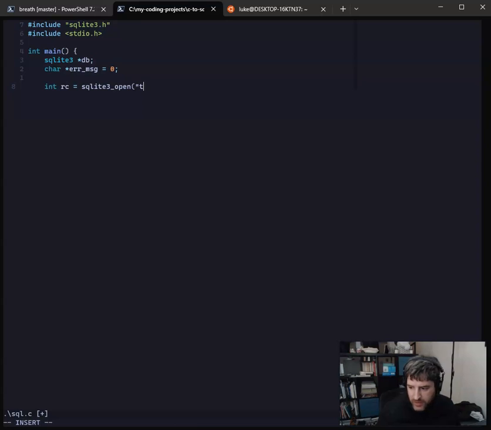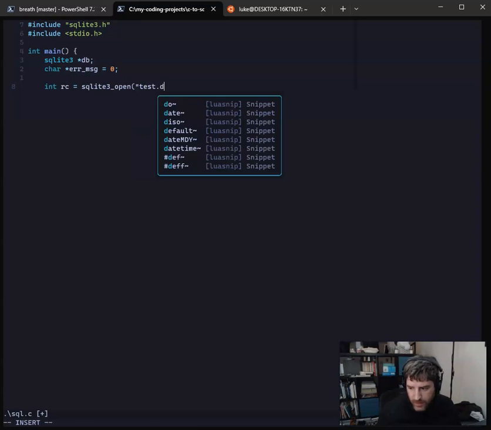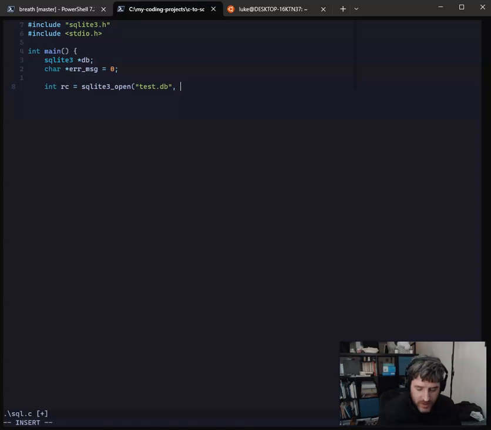All you have to do is give it a file, a name of the database, because unlike SQL Server, where we're connecting to a server and passing messages back and forth, all SQLite is a file on our computer, which is so cool. And at the memory location of our database,